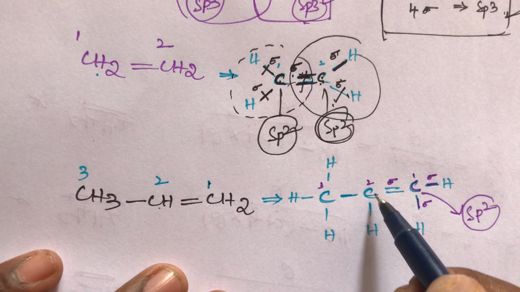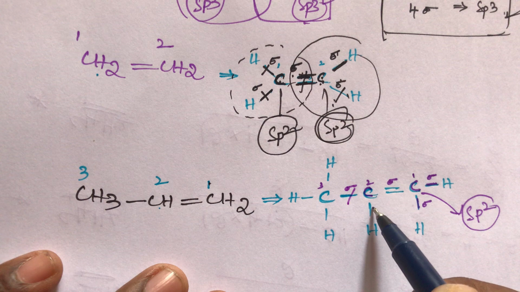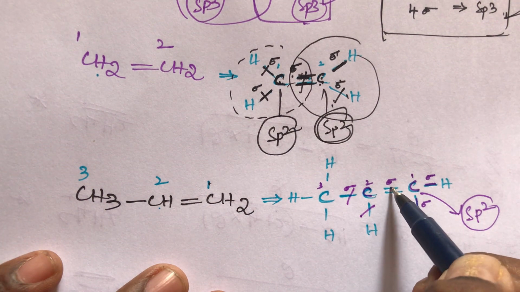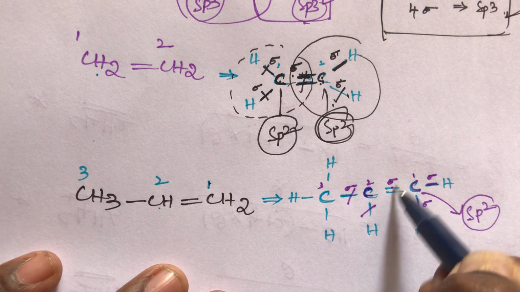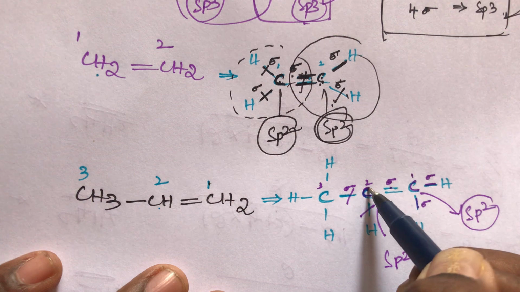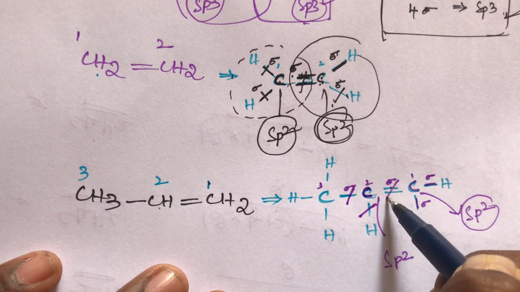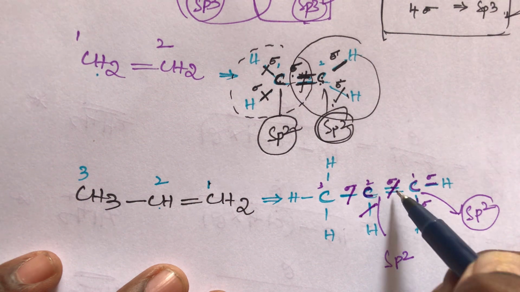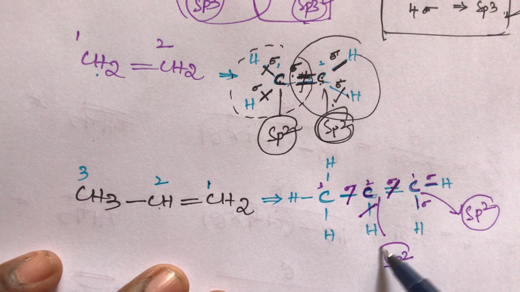What about the second carbon, student? This carbon has on the left hand side 1 sigma bond, downwards 1 sigma bond, and here also 1 sigma bond. The second carbon's surrounding means left side, right side, and down side. So this is also sp2 hybridization. Why? Because here 1 sigma, here 1 sigma, and here 1 sigma. What I said, student: the pi bond belongs to both sides, the left side carbon and the right side carbon. So this is also sp2 hybridization.